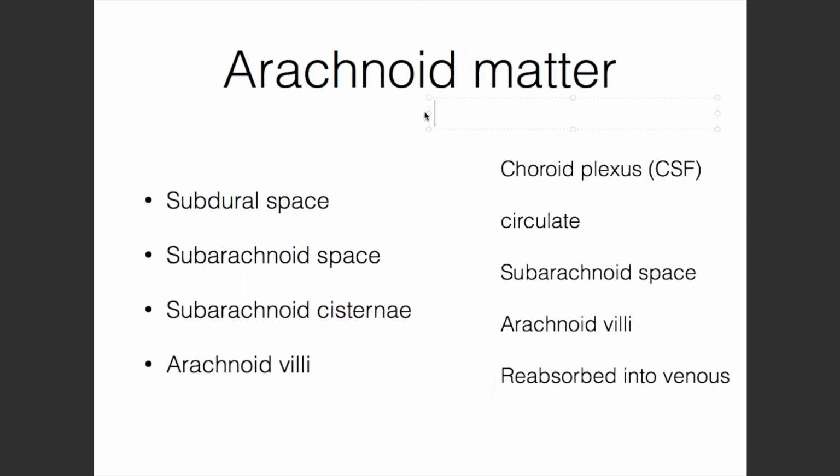The CSF starts in the choroid plexus itself, it's formed from arteries. So the blood basically goes from an artery to the choroid plexus to be turned into CSF. It'll circulate. Its circulation you don't need at the moment. And then after it circulates, it'll go to the subarachnoid space, and from the subarachnoid space, the arachnoid villi return it to the veins. قاعد لكم؟